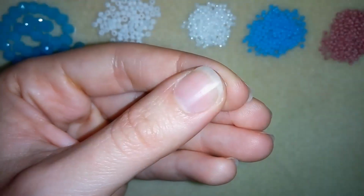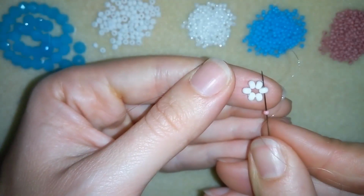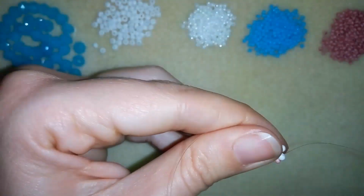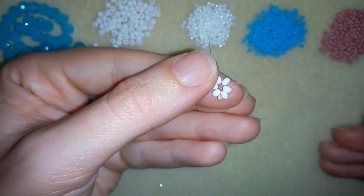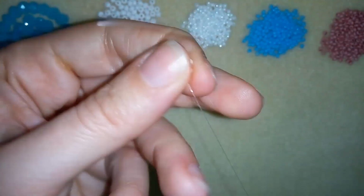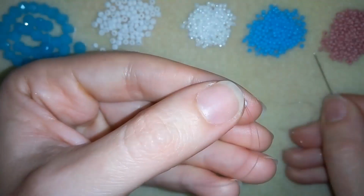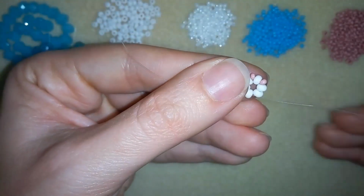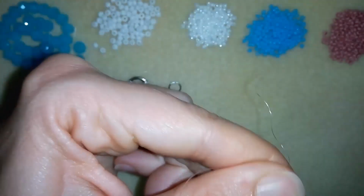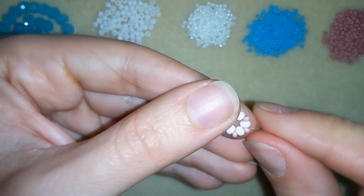and I'm going to start adding pink beads. So I have this pink bead and I'm going through, I'm exiting out of this white bead and I'm going to the next one. Then I need one more pink and I'm going to the next white bead, and I'm going to continue this until the end of this row. Okay guys, and now I'm adding my last pink bead. I'm putting it here and I'm going out of my next white one and my next pink one,